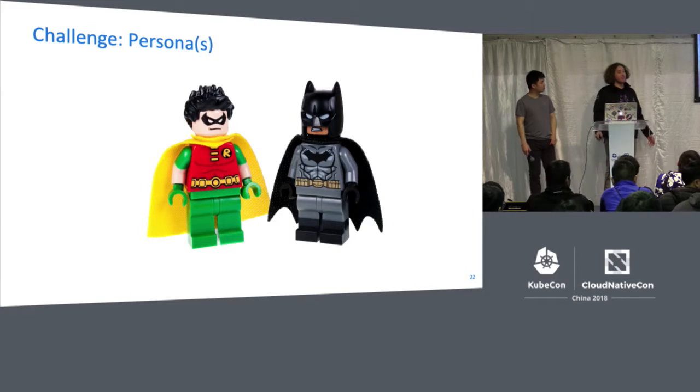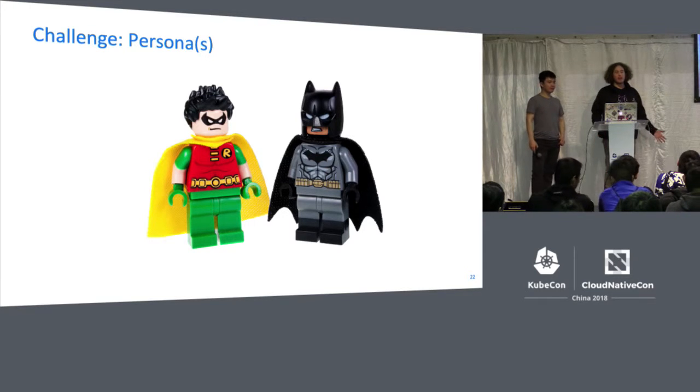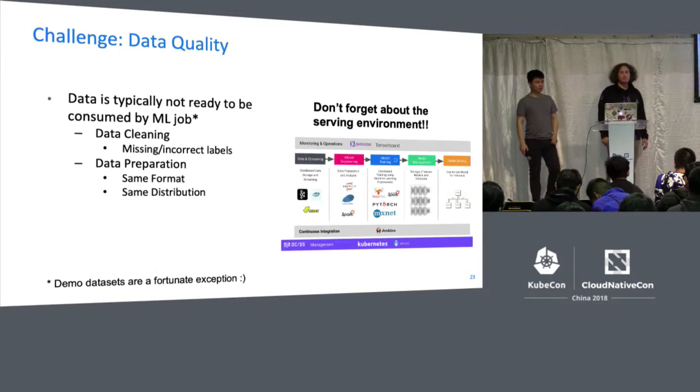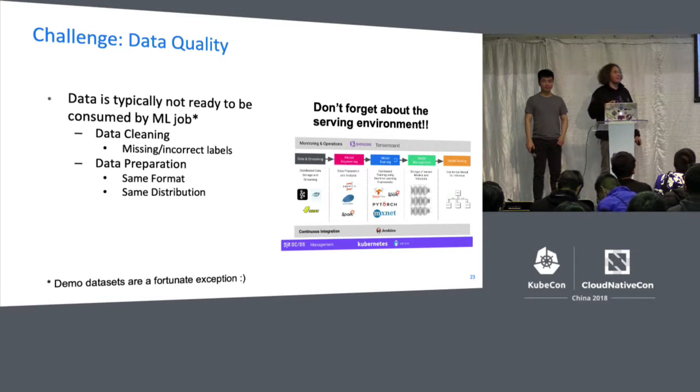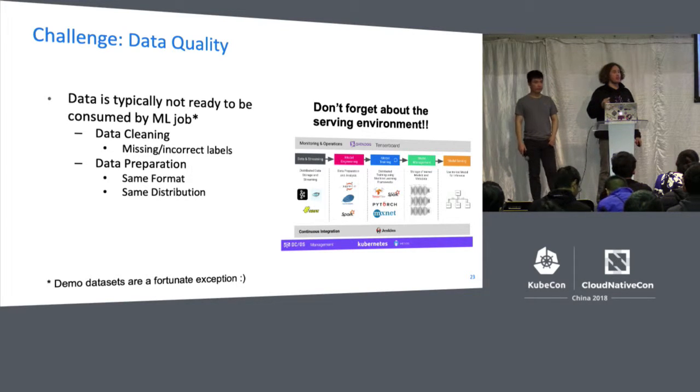It's more like a DevOps person, who is really helping in controlling the entire infrastructure, helping the data scientist to be able to focus on his models. The next challenge is actually data quality. As mentioned earlier, typically this is what most people underestimate if they start with that first MNIST model.